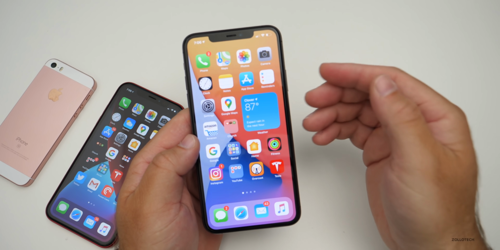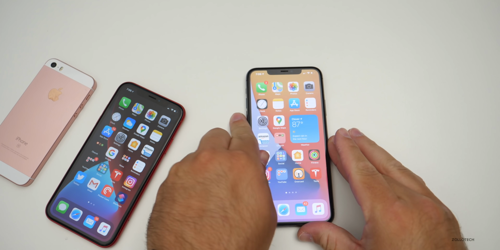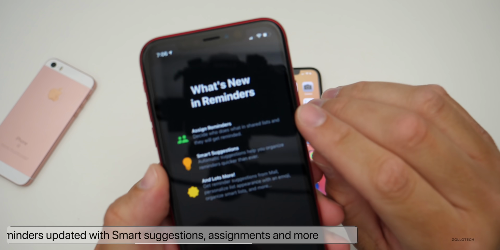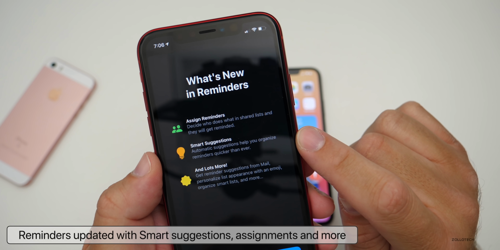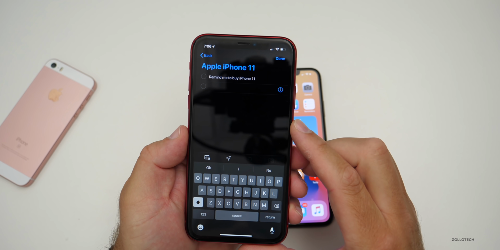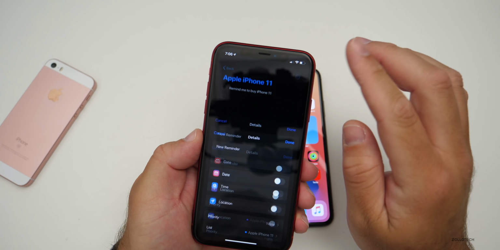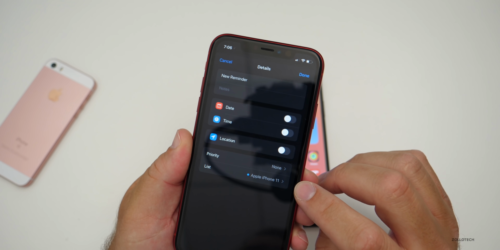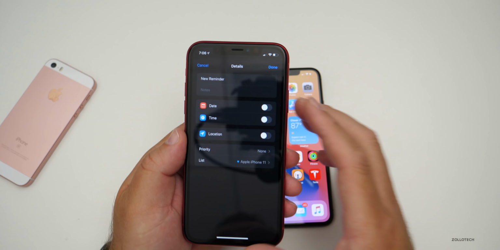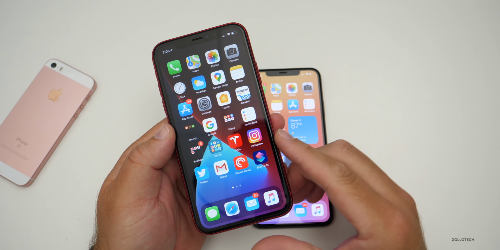Now, Reminders does get a minor update, and Reminders allows you to assign reminders to people you share lists with. So if I go over to this iPhone, the iPhone XR, and maybe we go to Reminders, you'll see it pops up and says Assign Reminders. You've got smart suggestions and lots more. So if we go to Continue, you'll see there's a new reminder. We can assign it to someone. We can add emoji. We can assign an emoji to that reminder. So for example, we have priorities and what list it's under, and additional things such as get reminder suggestions from mail or suggestions from dates and locations throughout the OS. It will recognize that, and if you tap on it, it will allow you to create a reminder.